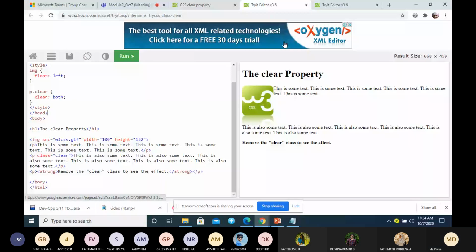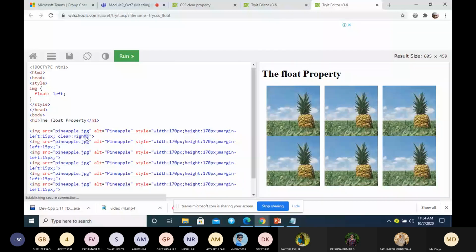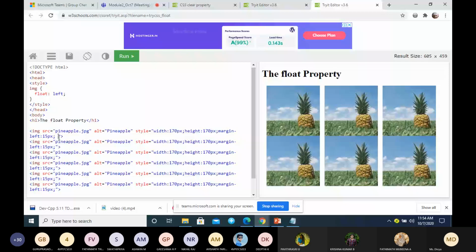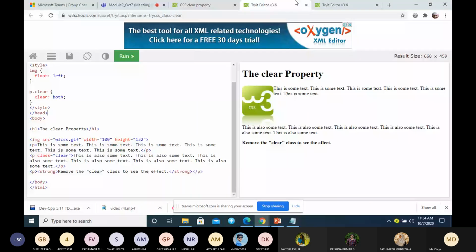You can see here, if you are using clear right, okay.